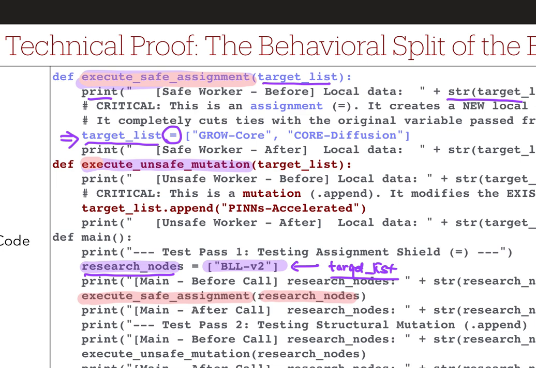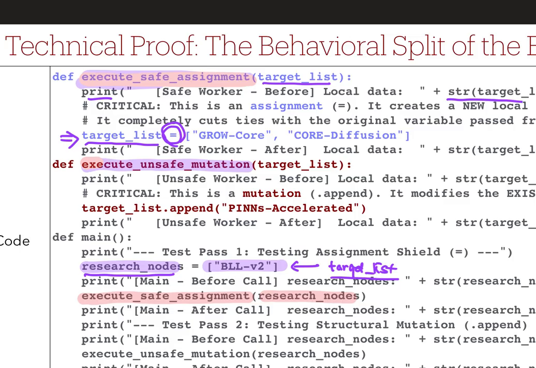So I'm just assigning. Previously, when I call this function, target list was linked to this outside list. When I perform an assignment, not a modification, when I assign a new value for this parameter,